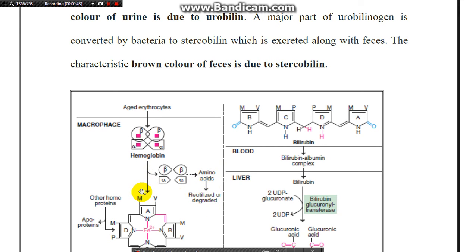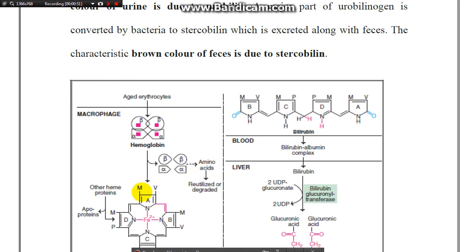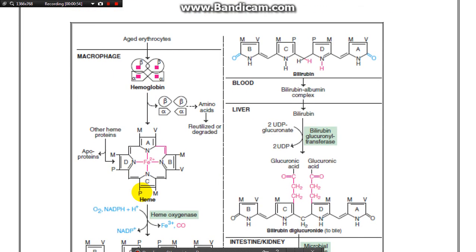These amino acids are also used to synthesize globin at other times. The heme part: this structure represents the heme part of the hemoglobin. The hemoglobin, by the heme oxygenase enzyme, undergoes breakdown of the methylene bridge between the A and B. This pyrrole molecule is called A, and this B. The heme oxygenase breaks down this bridge between two pyrrole molecules, or rings, and